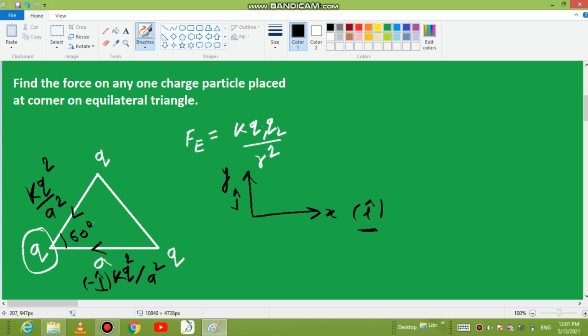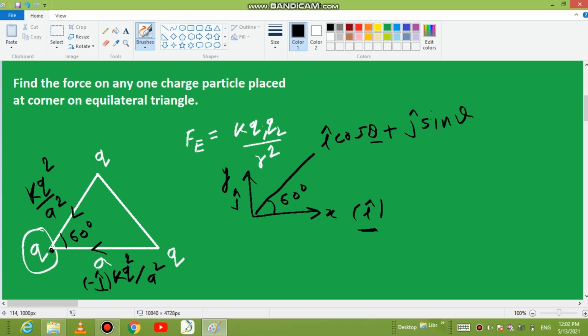Now friend, we have to find direction of force between these 2 point charges. For this, let the line joining these 2 point charges, and this is angle 60. We all know that direction can be found by using formula i cap cos theta and plus of j cap sin theta. For this situation, theta is equal to 60 degree,